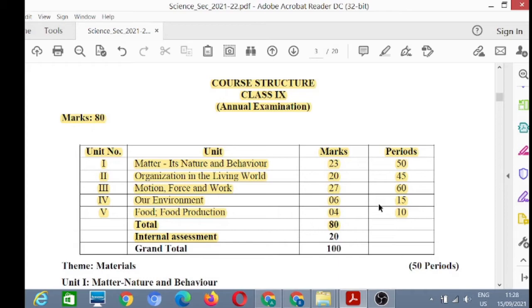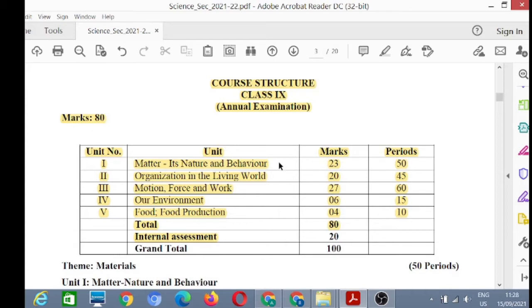In today's video, we will see the syllabus of class 9 science subject. A video in Hindi has already been uploaded. If you are comfortable in Hindi, you can watch that video. In this video, we will use English language. So first of all, we see the